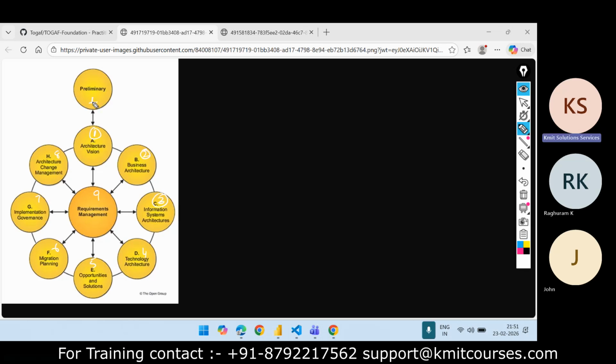Maybe this is the ninth, right? This is the 10th actually, ninth, 10th. So in this diagram, you can see that there are 10 circles. Actually, I made it 10th. It should be the first one. Or I'll say 0.